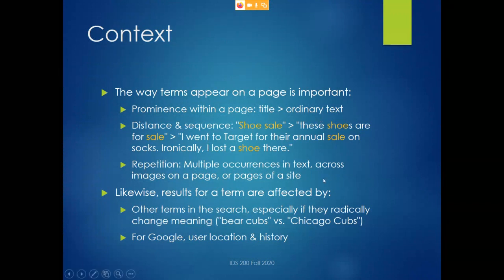So first of all, the way terms appear on a page is important. For example, prominence. If a word appears in a page title, the big stuff that describes what the page is about, that's going to be far more important than ordinary text because the title should describe the purpose of the page. Other things, distance and sequence. So shoe sale with the words next to each other, sequential, and in the correct order is going to be considered a better match than these shoes are for sale,